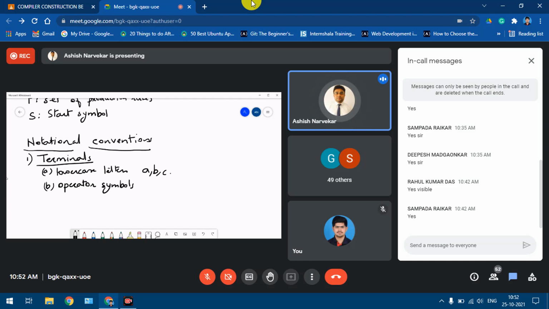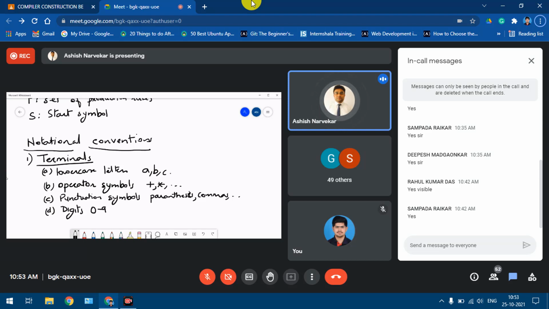Now the different operators will be something like plus, or maybe multiplication, that is asterisk, and so on. Okay, various other operators. The next thing is punctuation symbols or punctuation operators. These are also considered as terminals. So punctuation could be something like parenthesis, then commas, etc. Okay. Next is digits, most importantly.